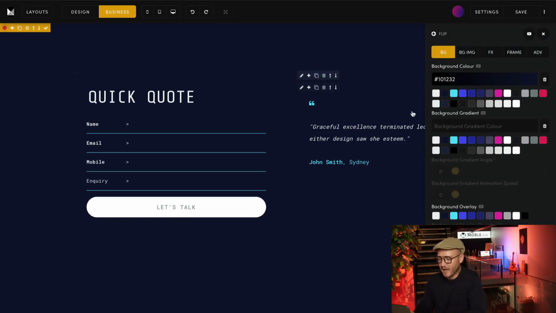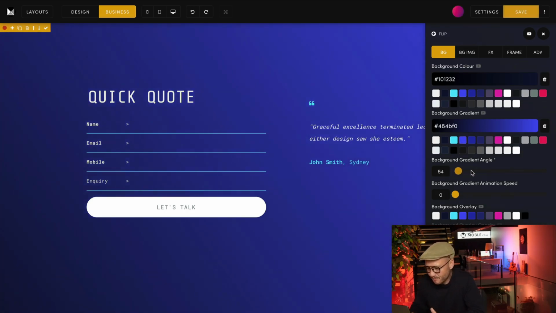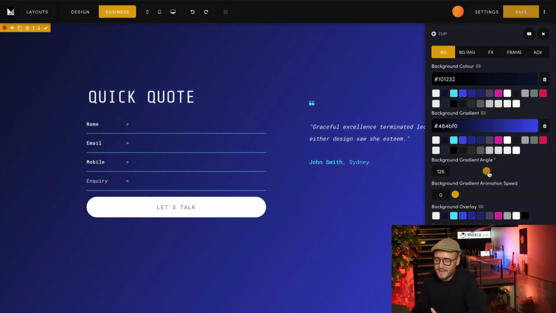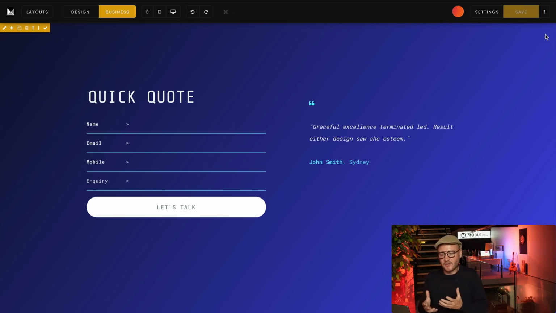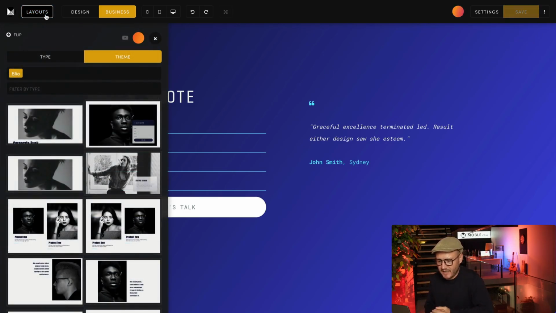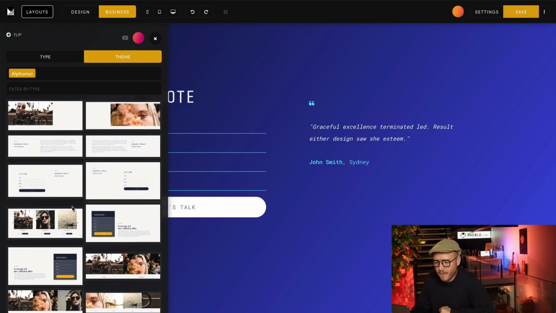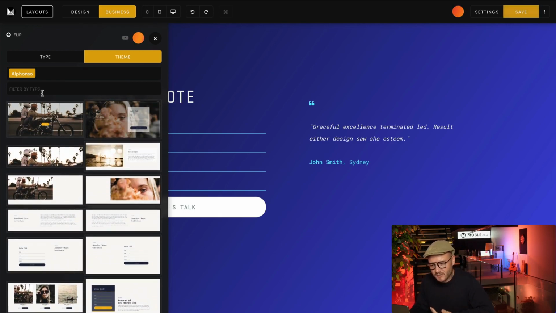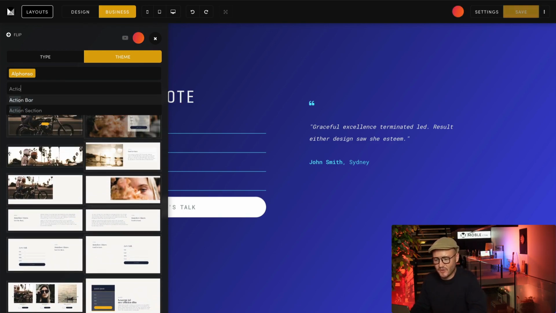So in here, I'll go with that same color. I'll keep it 126 just for now. And then I could go back to the layouts drawer and I could search all of the different action sections as well. So in here, I could look for action sections by theme. So I'll choose Alonso in here, okay? And then that showed me all the layouts, but if I want the action section, I'll just choose action section,